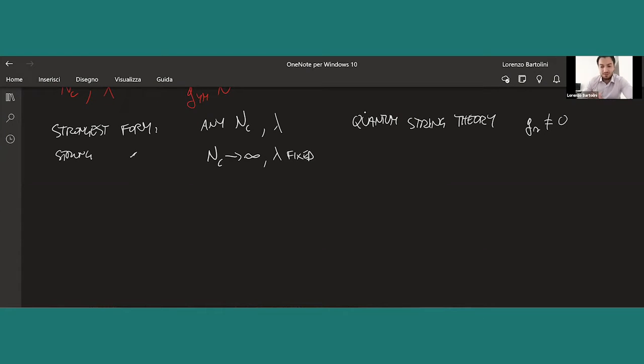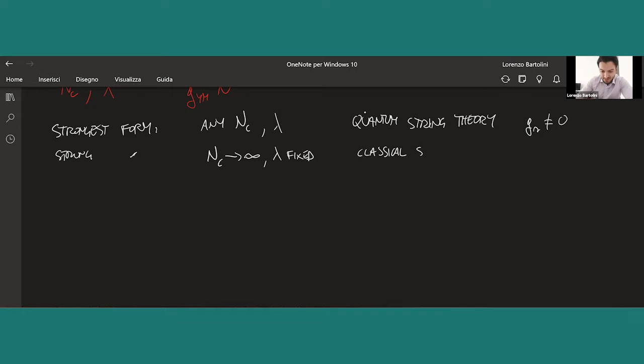So it's not like it goes to the classical theory. It goes instead to this particular limit, because the factor in front of the action diverges, as if you perform the h bar to 0, you obtain the classical theory. And this is similar because the N is an overall factor of the action, but there is a subtle difference: also the degrees of freedom of the theory go to infinity. So there are these two competing effects, and the theory doesn't flow to the classical theory, but flows to the planar limit. And in this case, on the gravity side, you have